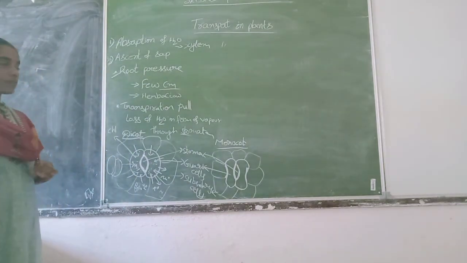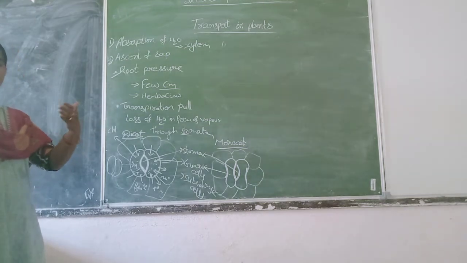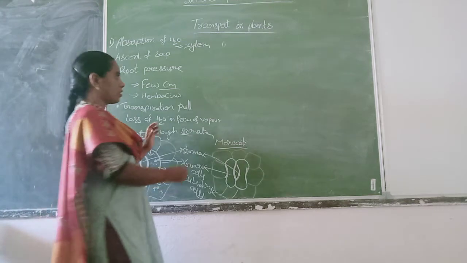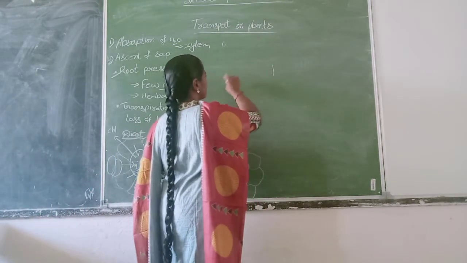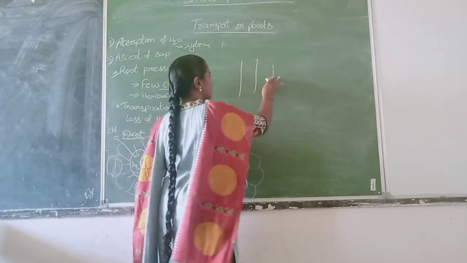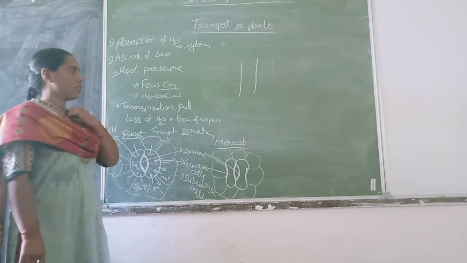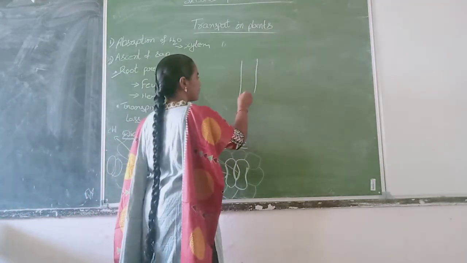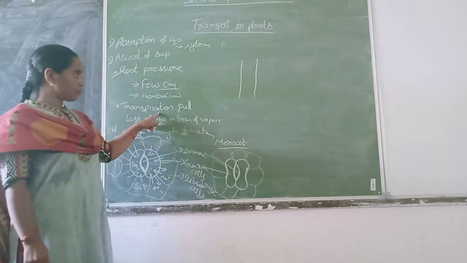ascent of sap, in the case of transpiration. Transpiration pull, how does it create? So imagine that this is a xylem vessel, and here, mainly in transpiration pull, two